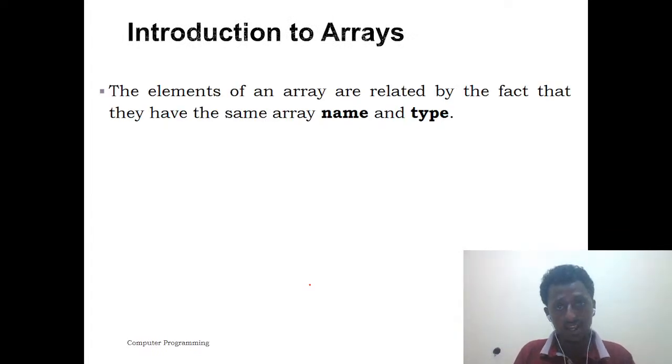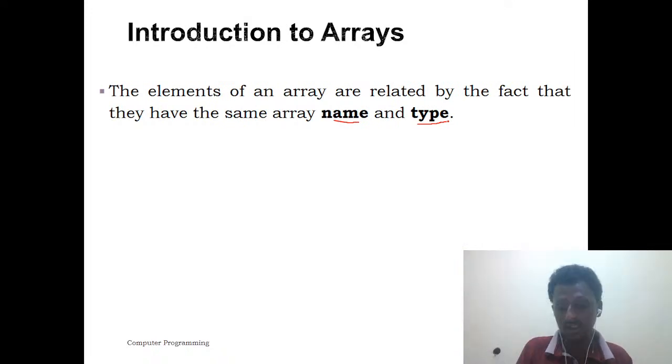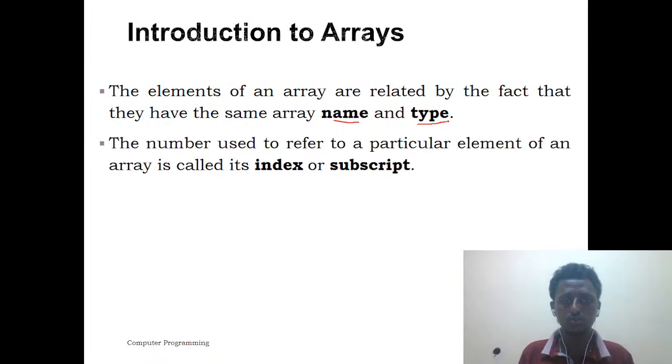The elements of an array are related by the fact that they have the same array name and data type. An array has the same array name and the same data type, and has more than one data value or element in the array. For example, the number used to refer to a particular element of an array is called an index or subscript. I will show you in detail, but as a hint, int